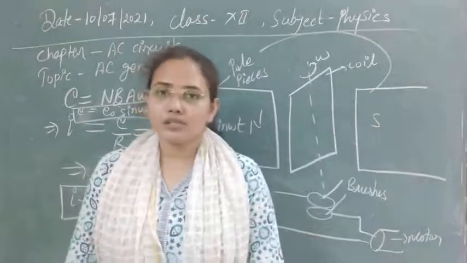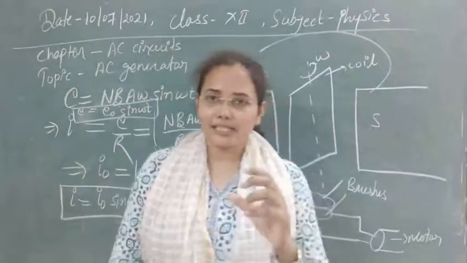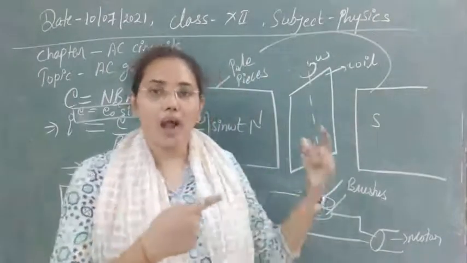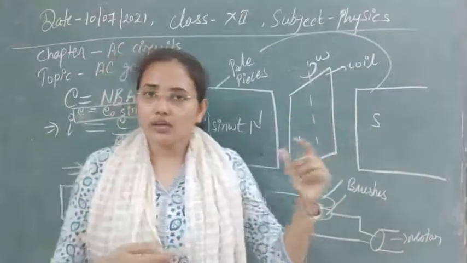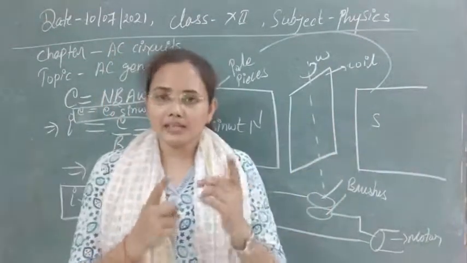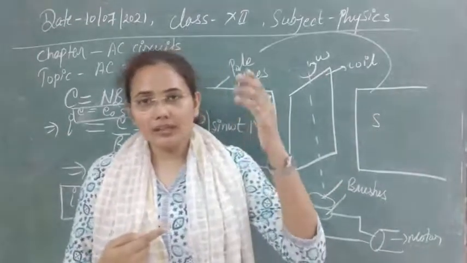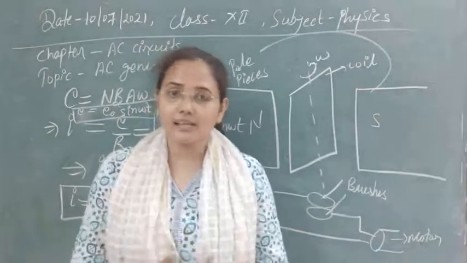In all the processes, one thing is very common: we are using some rotating shafts, some rotational coils, just like here in the AC generator we have used. So that coil that we have attached, then if water is coming from any dam, that water contains a lot of mechanical energy in the form of potential energy.